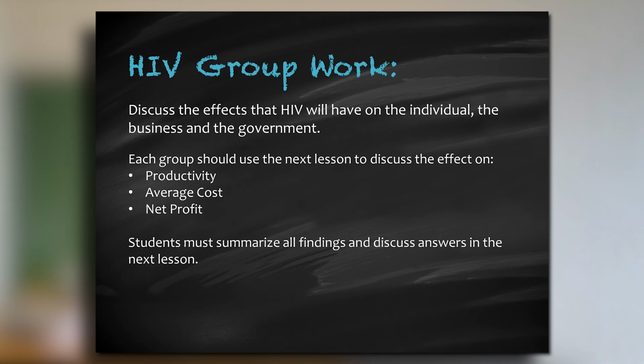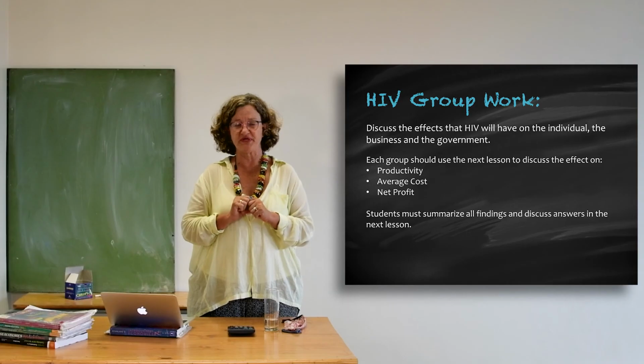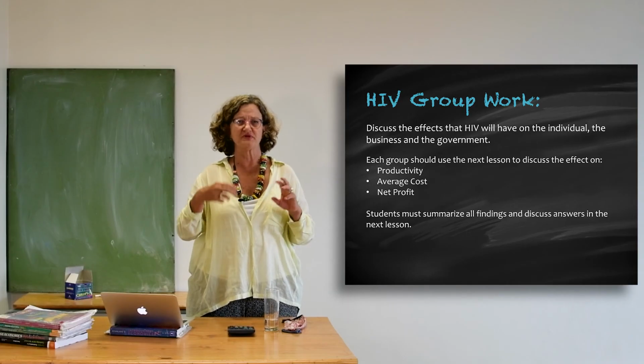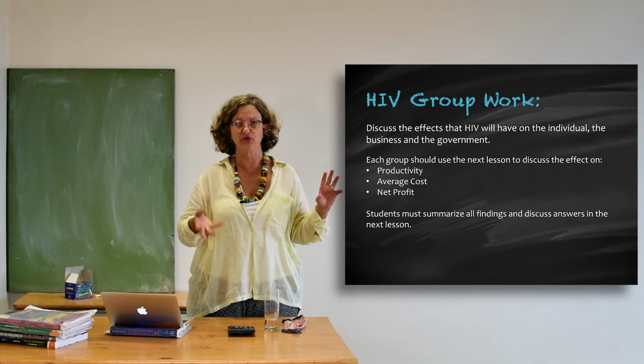If this production process takes place in a production line, you remember when we did division of labor, I said that each person is responsible for a certain part in the production line. In a case like that, if one of the people is sick or must go to the clinic or doesn't feel well